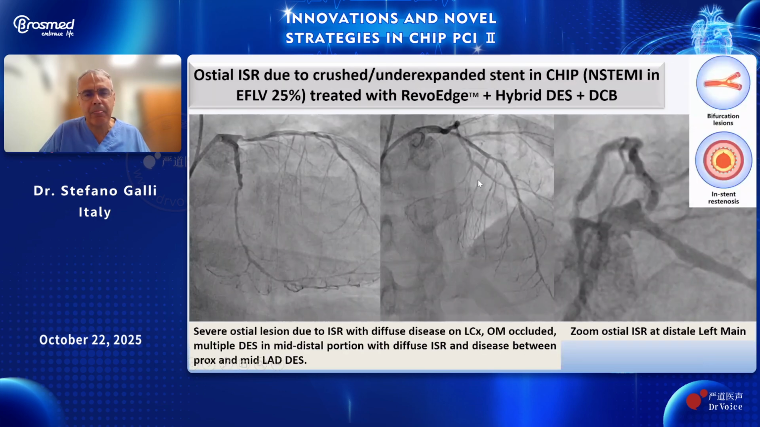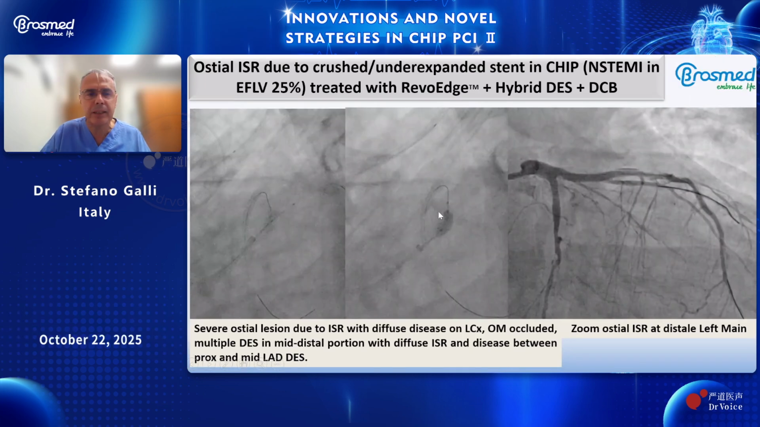And the last case, the bifurcation in stent, is a very tough case. Patient with 20%, 25% of ejection fraction, a complex patient. And we see very well the probably underexpanded stent. We cross with the short balloon in the diagonal, and then we advance the revo edge until the mid portion